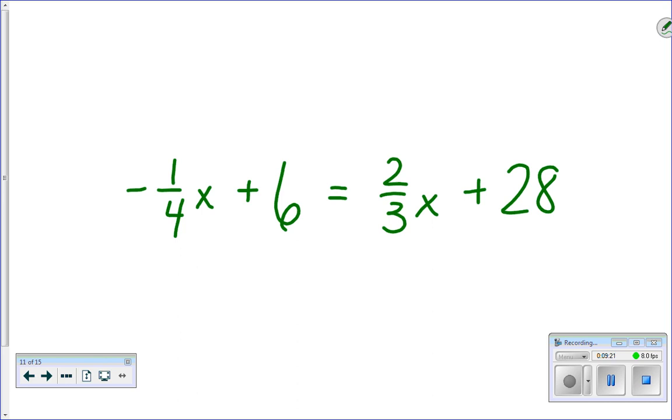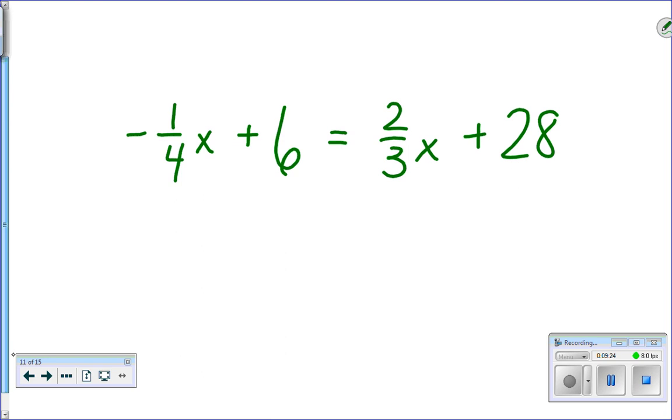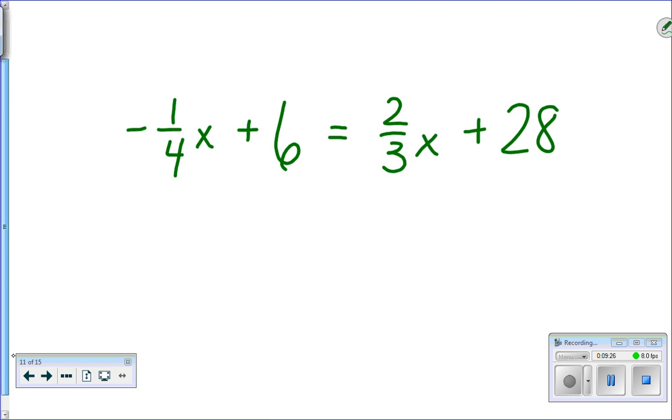I would change it to, what were you going to use for your denominator? 12. Okay, I would use 12. First thing I do is I'll change that. So then it would be